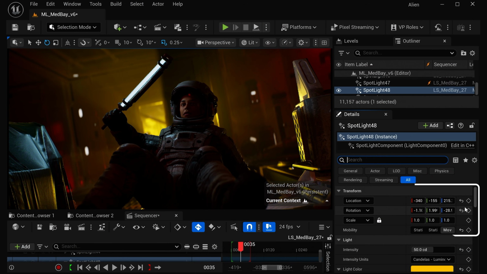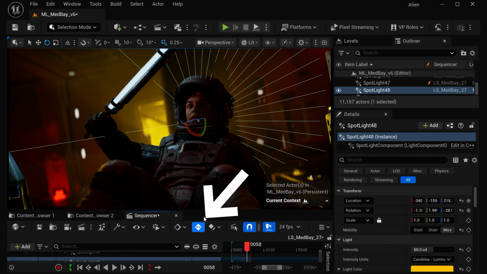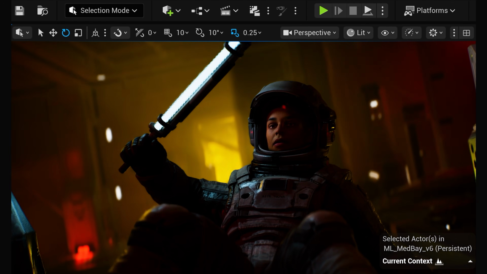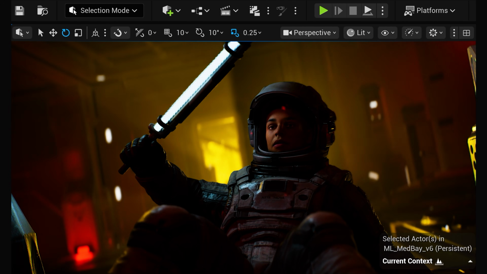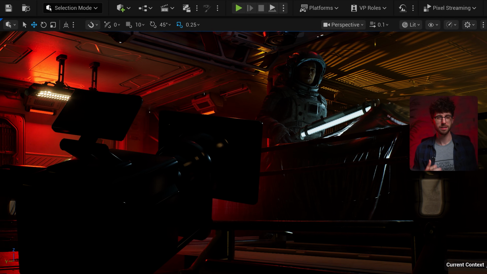All you have to do is in the details panel, let's create a keyframe for the location and rotation. And if we scrub partway through our shot and we have auto keyframe enabled, now we can move this light off to the left, and you'll see that light pan left and right like a searchlight, adding even more energy into our shot. So let's move on to our next shot and dive a little bit deeper on how to